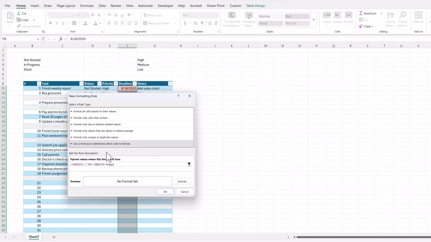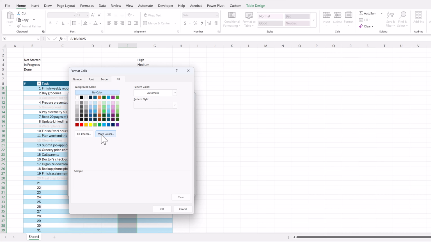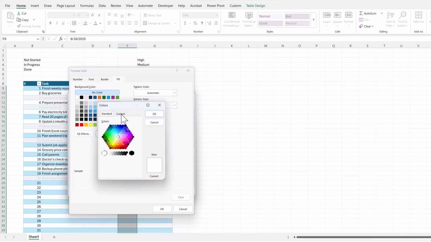but also that it is smaller than today plus 7 days, because we only want the next 7 days. You can also put 3 or 14, so whatever works better for you. And then I need my yellow background, so I go to formats, more colors, then custom, and then